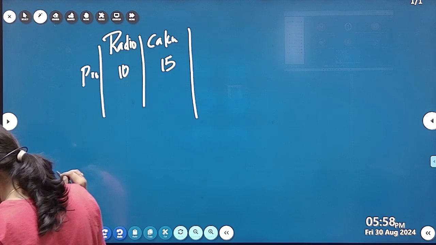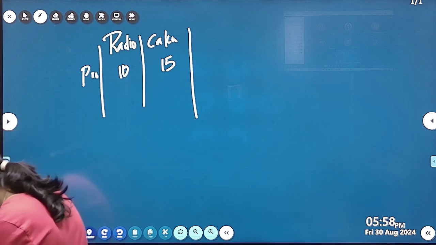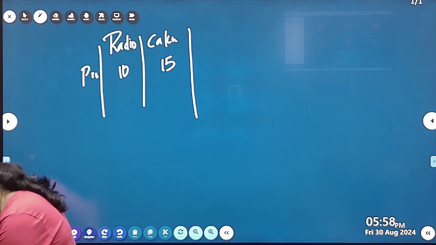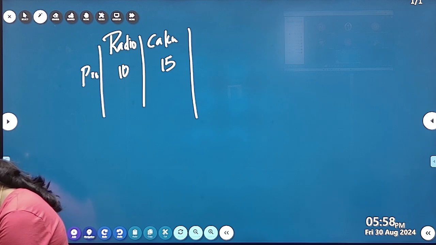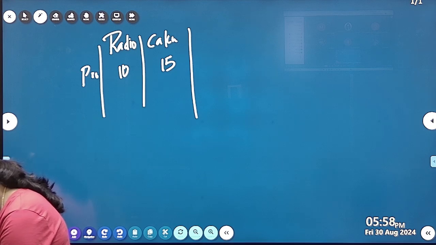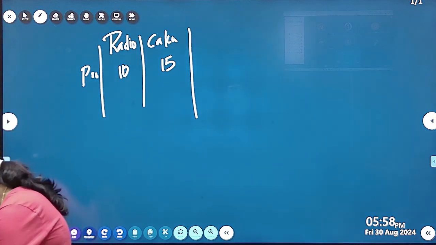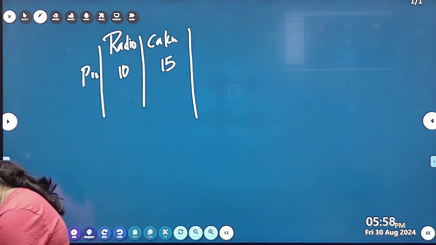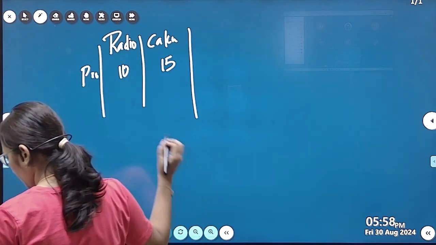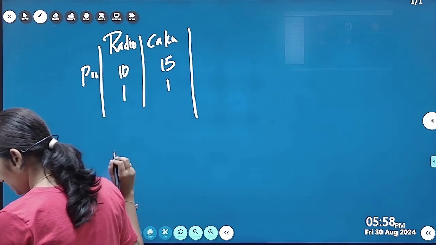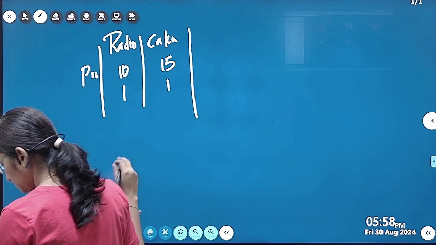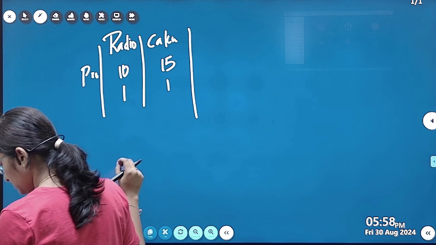Each of diodes they have given, but the amount they have not. They have not given the units for radio, right? Each radio requires each unit, matlab let us take one unit. Okay, 1 unit and 1 unit. And next, calculator requires